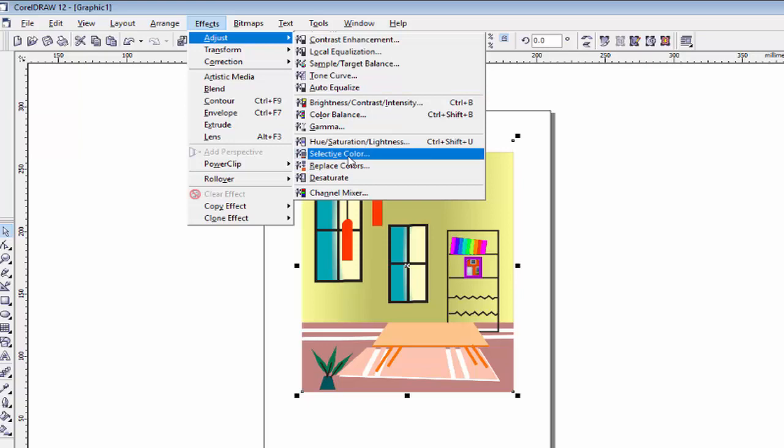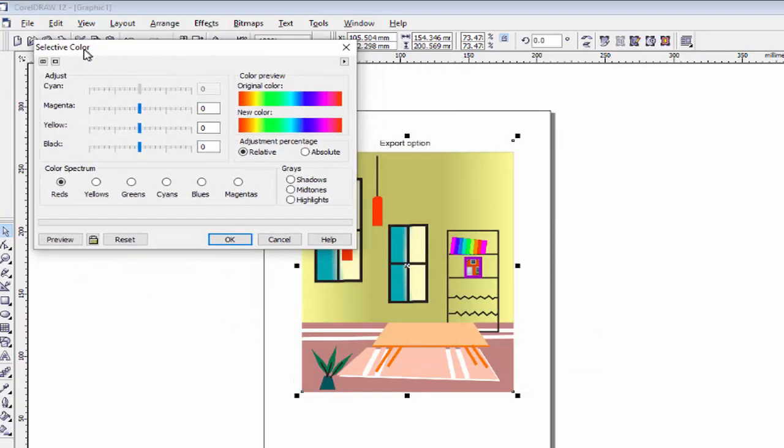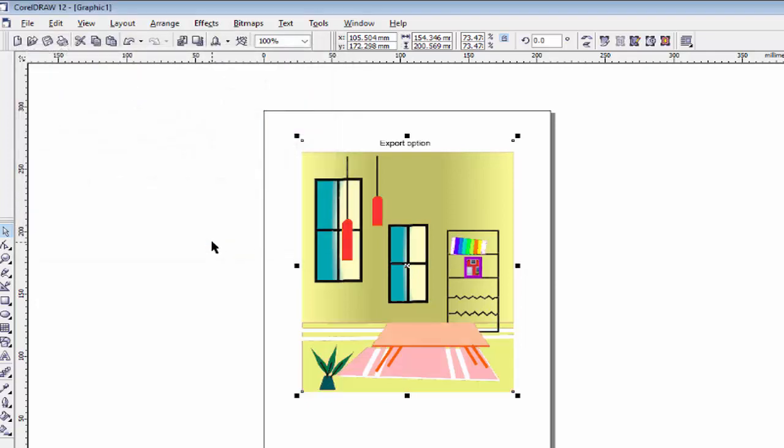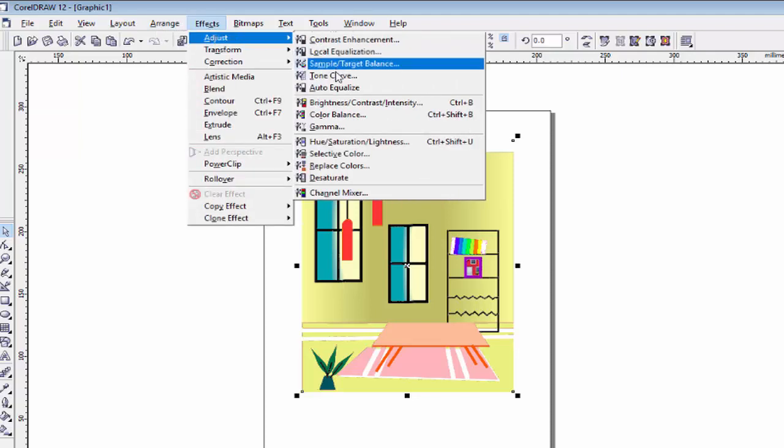Then the next option is selective color. You want to select the color like this, cyan color, select from here. Magenta color, you want to improve the magenta color in your picture. You want to increase or decrease the yellow color in the picture. You want to increase black or another different color, yellow, green, you will see cyan. So all these different options you can use to adjust the color balancing of selective color of your picture. See this. I think you understand.